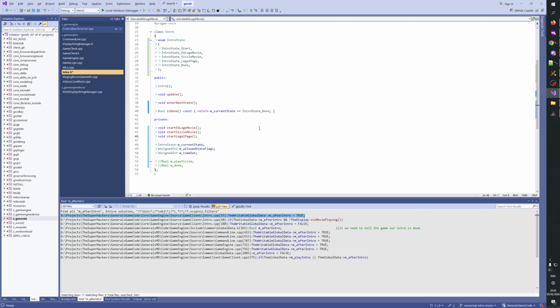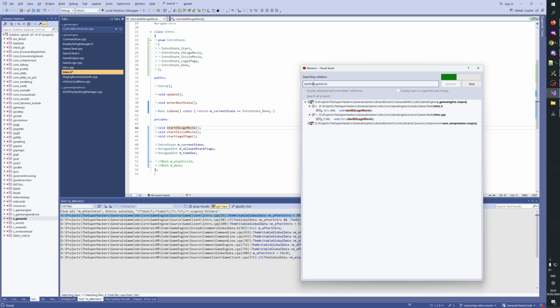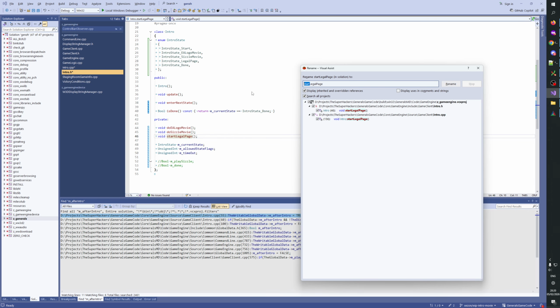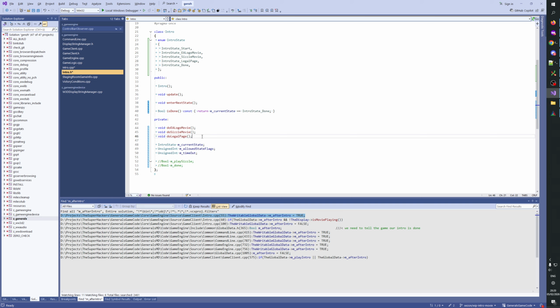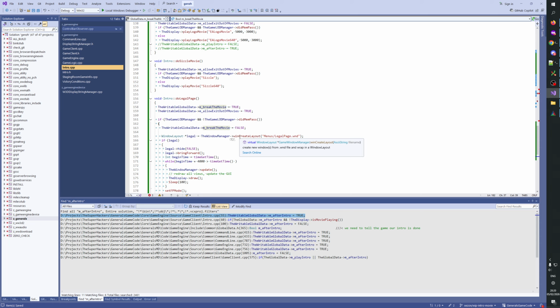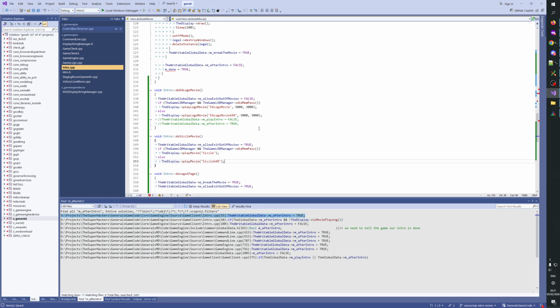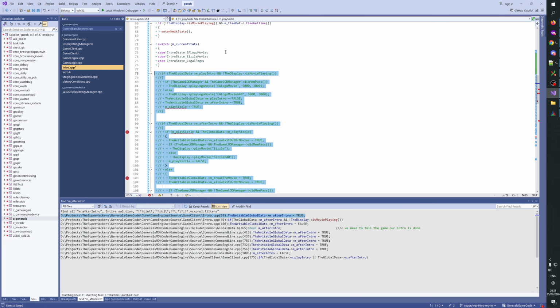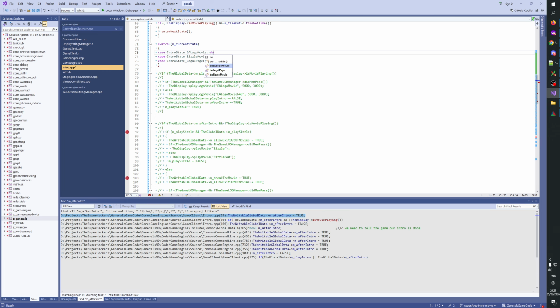How about we call this do EA logo movie. Do Sizzle movie. Do legal page. Okay. And then legal page here, and then let's comment all this here. And then here we say do logo movie, break,